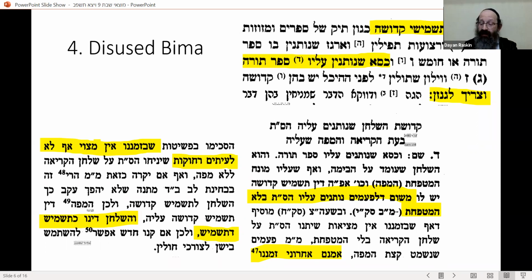Now, at the bottom of that first column, Achronis Maneinu, his schemu, contemporary authorities have come to the conclusion that pshit is that now ein motzi aflo leitim rechokis. It's absolutely not done at all. We'd never put a Sefer Torah directly onto the Bima, and as a result, it's called tashmish de tashmish, and that makes a very big difference to halacha, that it's considered two steps removed from the Sefer Torah, and therefore the bottom line in the second column,